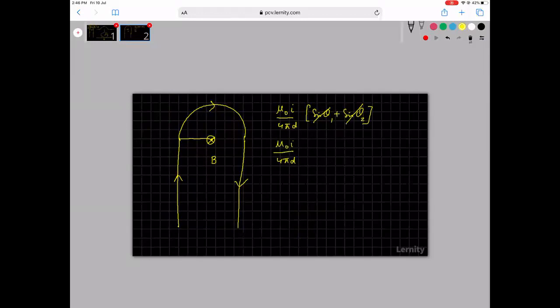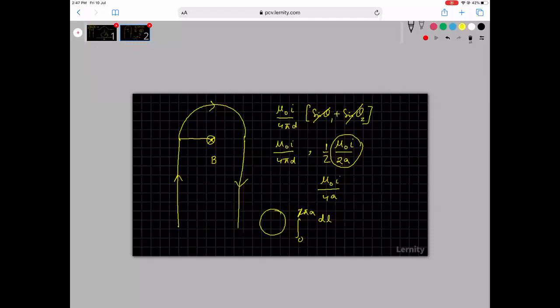Now you see, for a full circle, the magnetic field is mu naught I by 2a. For half circle, it will become half of that, so it is mu naught I by 4a. How does it become half? For the full circle, when you do the integral of dl, you will be doing it from 0 to 2 pi a. But if it is a half circle, you will be doing it only up to pi a. So that is why. For this half circle, it is mu naught I by 4a.